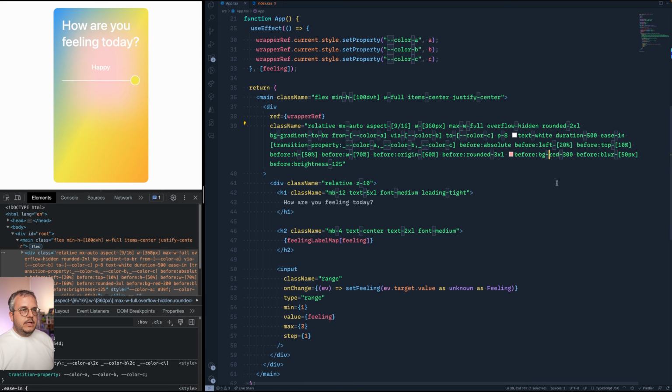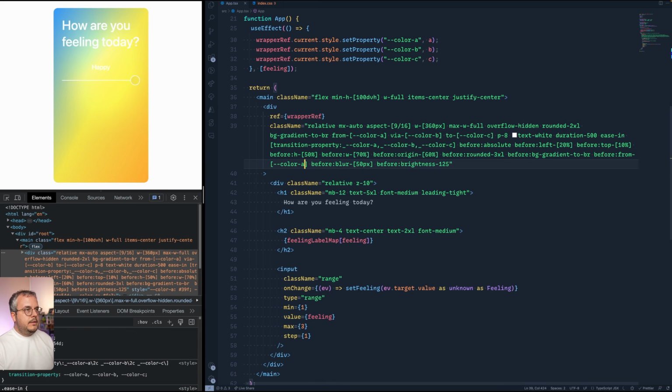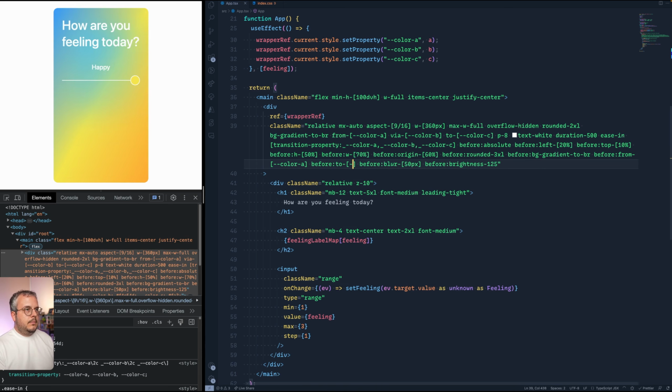So let's change this into background gradient to bottom right. And then we're gonna add the from and to color. I'm not gonna do the stop in the middle because I only wanna use 2 colors in these blobs. So we're gonna add before from color A. And we're also gonna add before to minus color B.